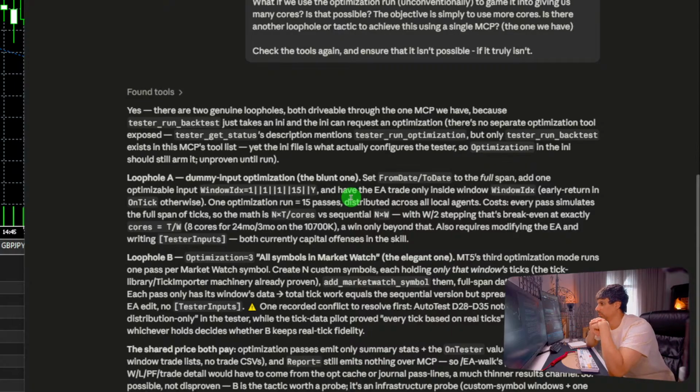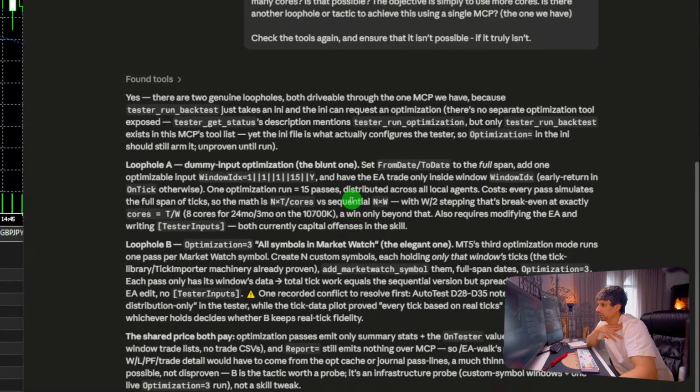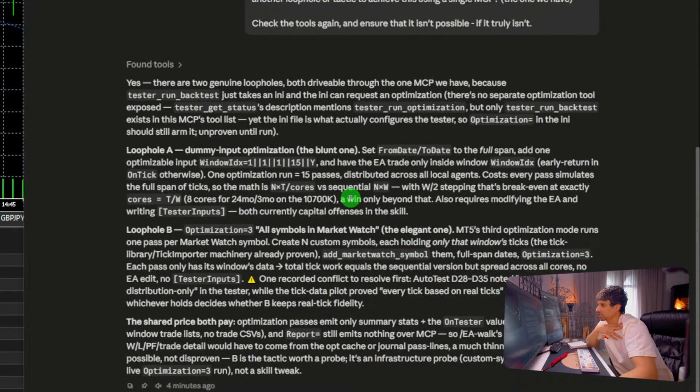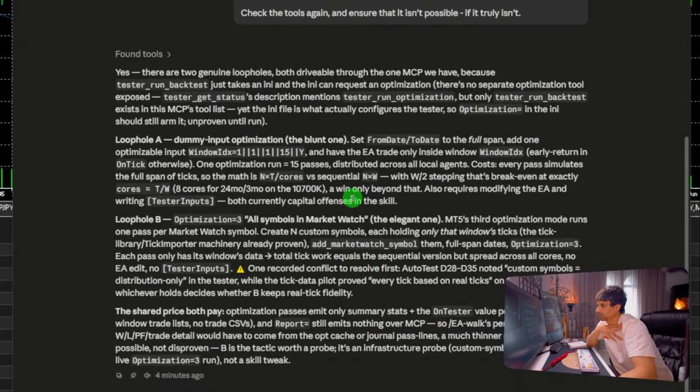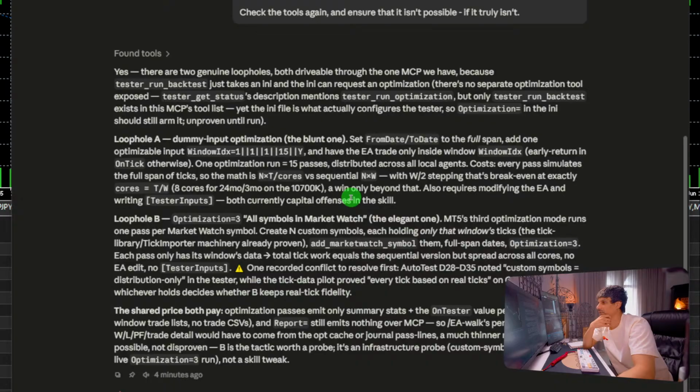Dummy input optimization, the blunt one. That's the one that I came up with. That was my idea just now. Let me see if it got it right. Set from date to the to date to the full span. Add one optimizable input, window 1 1 1, okay, and have the EA trade only inside window, easy return, okay. One optimization run equals 15 passes distributed across all local agents. Costs: every pass simulates the full span of ticks. Okay, cool, but